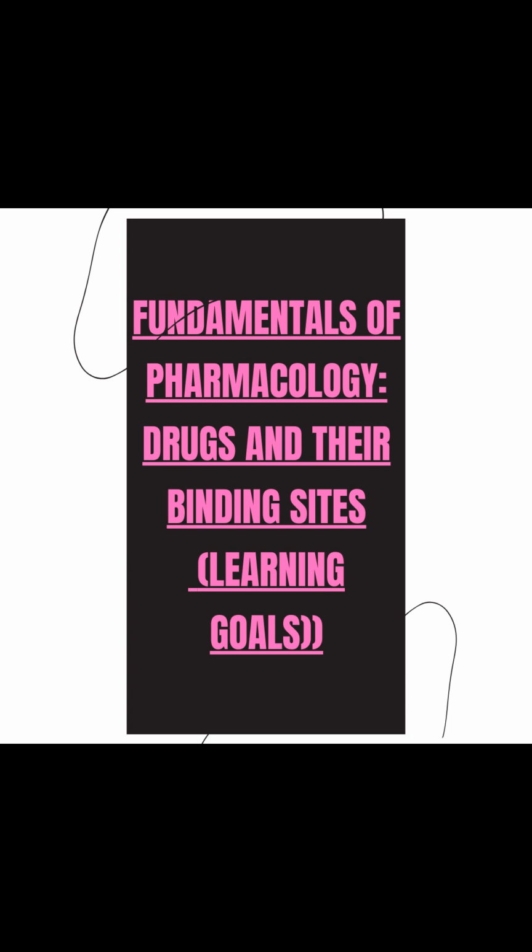Agonists can either be endogenous ligands, naturally occurring in the body, or exogenous ligands, drugs. The binding of an agonist to its receptor can trigger a conformational change that initiates downstream signaling pathways, ultimately producing a cellular response. B. Partial agonists. Partial agonists also bind to the active site of a receptor, but their interaction is weaker compared to full agonists. They stabilize the active conformation of the receptor to a lesser extent. This results in a submaximal response, as not all receptors are fully activated even when all binding sites are occupied. Partial agonists can have intrinsic efficacy that is between that of full agonists and neutral antagonists.